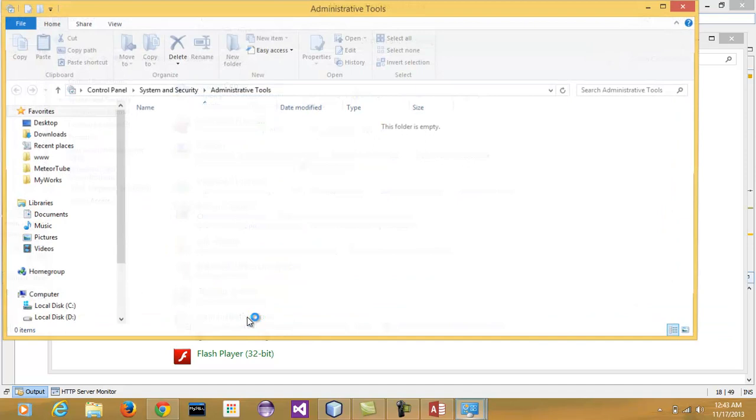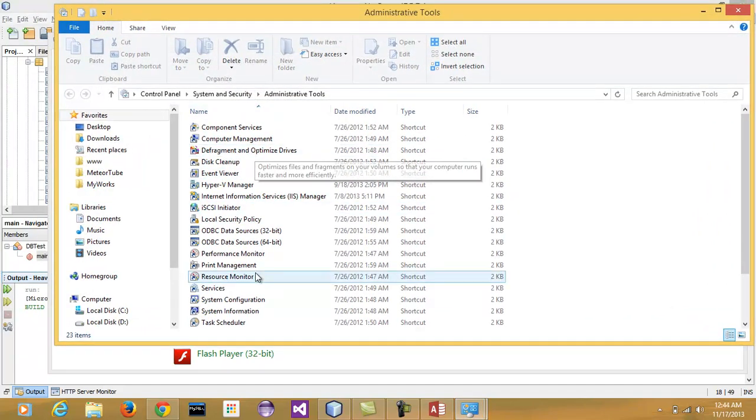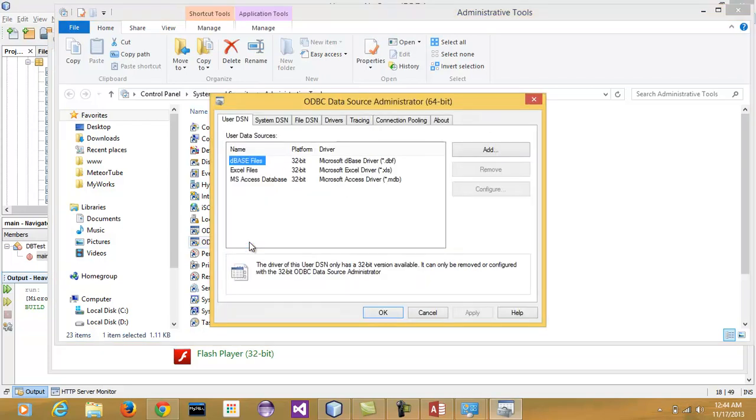Now go to administrative tools. On clicking administrative tools in any Windows, you'll see ODBC data sources. For my Windows, I'll use the 64-bit. If you have 32-bit running on your machine, go for the 32-bit one. So go to the system DSN tab,